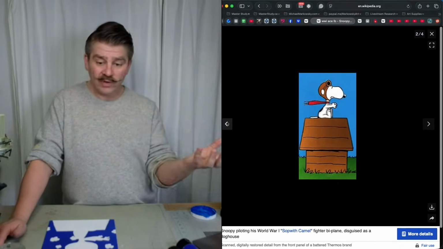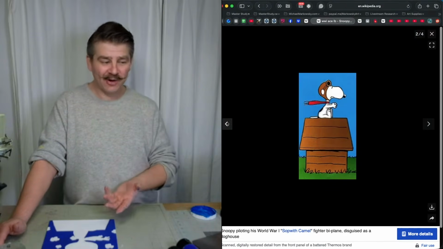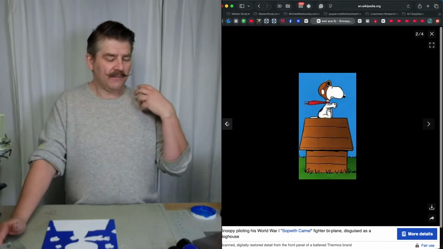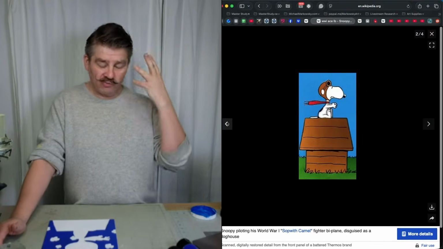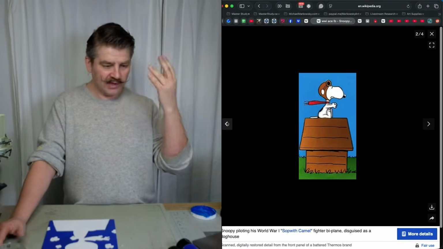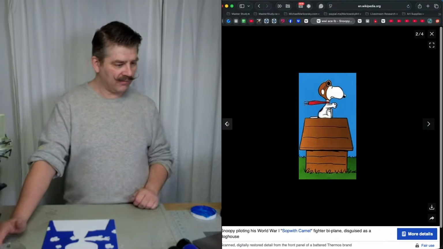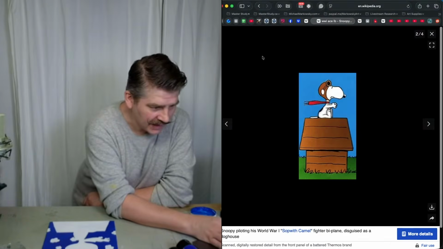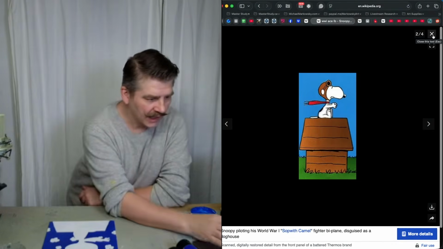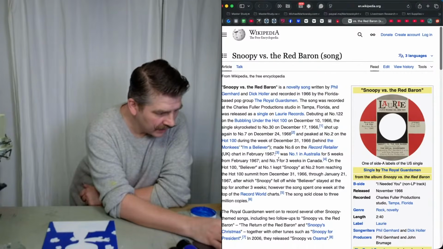And none is no more so than when Snoopy inhabits the persona of the World War I flying ace that we're painting today, in which he goes into his imaginary world and sees himself in a one-on-one duel against the Red Baron, Baron Manfred von Richthofen, the German World War I flying ace who flew in a